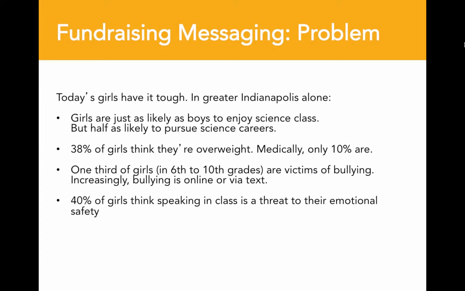So in this example here, this is a girls' organization, and this is the problem. These are the stats that show exactly what they're trying to fight against. So things like 38% of girls think that they're overweight, and medically only 10% are. That's the issue. That's what they're trying to tackle as an organization. So frame your problem. Figure out,